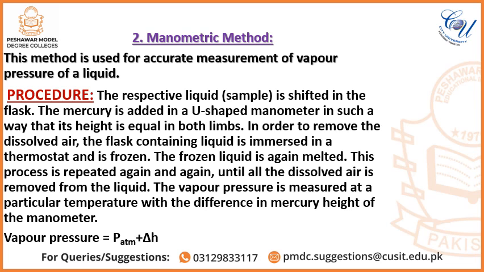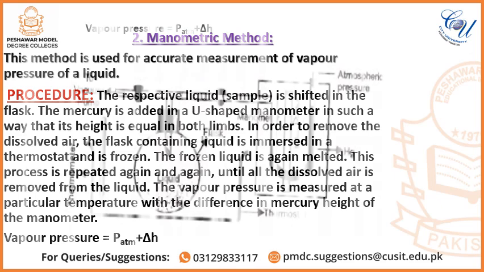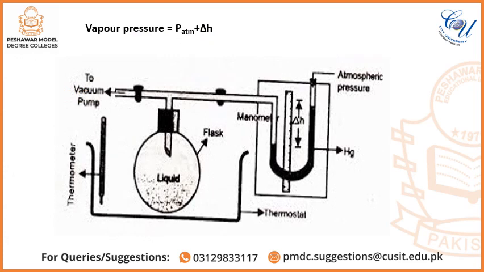The formula for this is given, that is, vapor pressure of liquid is equal to atmospheric pressure plus change in height of the manometer limb. Dear students, look at the diagram of the manometric method. There is a U-shaped tube which is known as the manometer, which is connected with a T-shaped tube. The T-shaped tube is also connected with a vacuum pump which is used for the removal of the entrapped or dissolved air. Dear students, at a given temperature, the liquid evaporates and the vapors of the liquid come toward